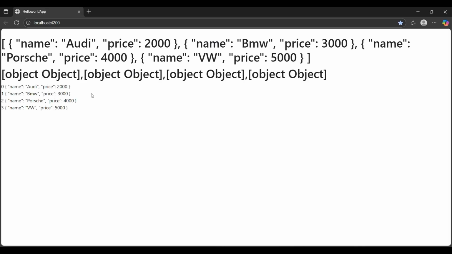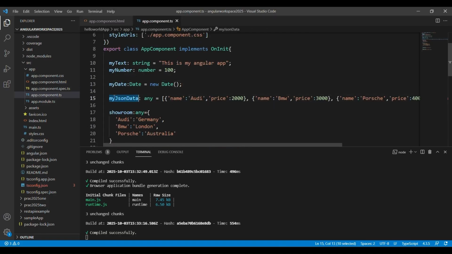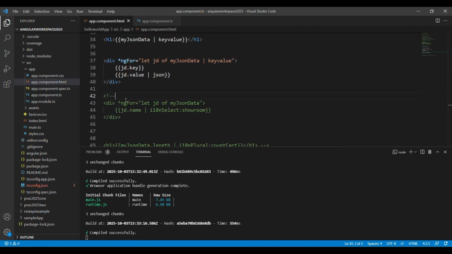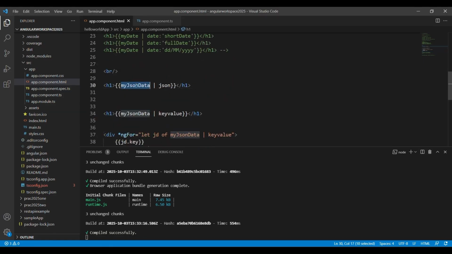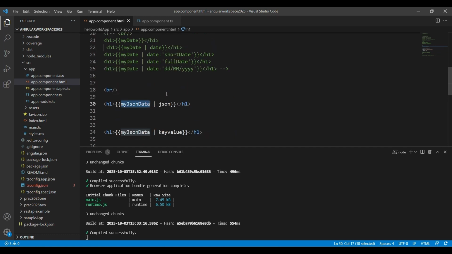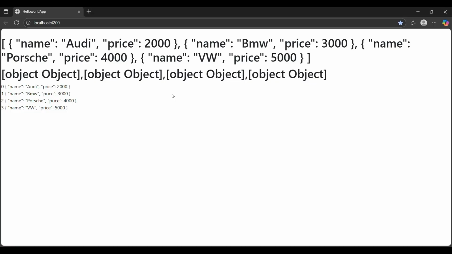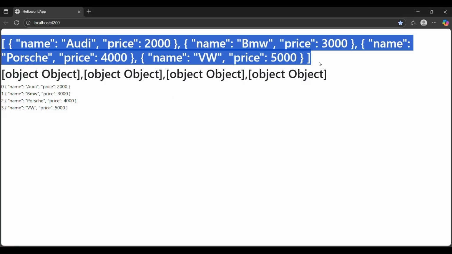Okay, so we are done with text, number and date. Now I have taken JSON data, which is an array with three objects in it. So I want to display it. How do I do that? If you have to represent an array in the form of JSON, you use the JSON pipe, which you all know. How does this display? You can see it gives the entire array,